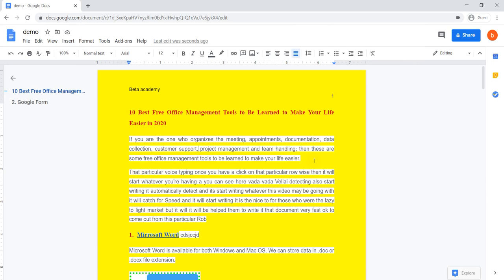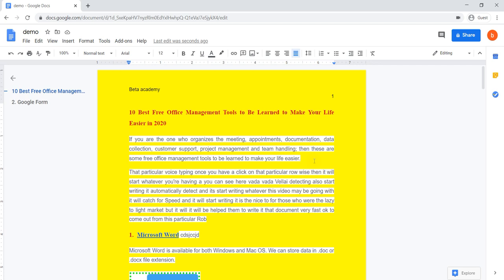It is all about Google Docs: creating a document, formatting, inserting, change of views, tools, special tools, as well as the editing of a few things. Everything we learned about Google Docs. And this will be stored in your Google Drive itself. You can go to your Google Drive and check. It will be stored in your Google Drive. If you move it to any folder, it will be moved to that particular folder.